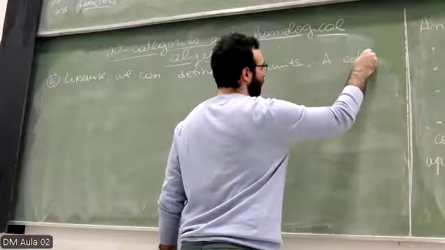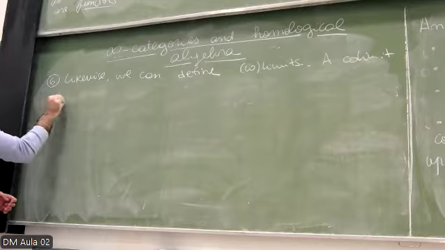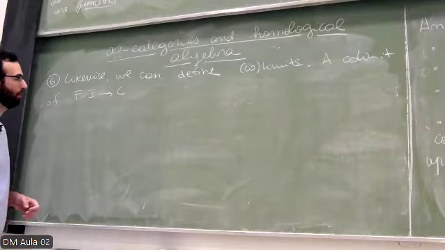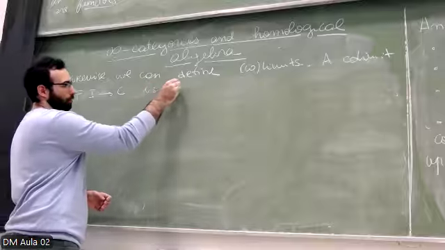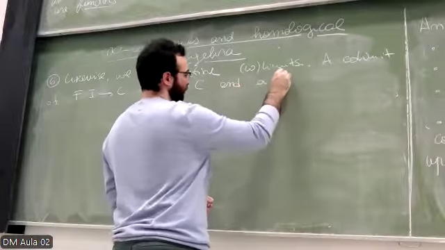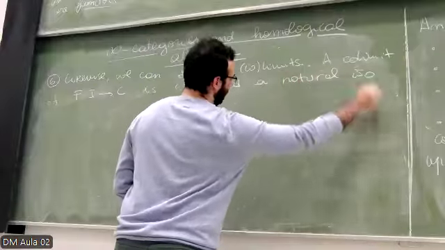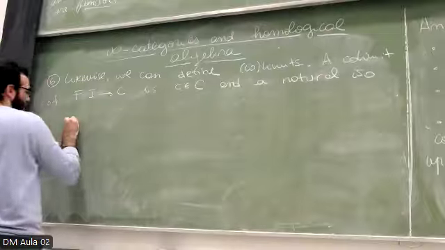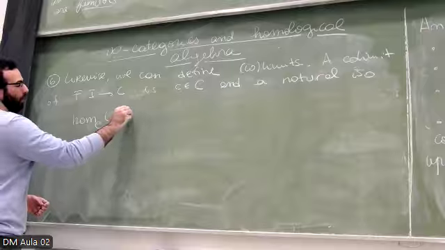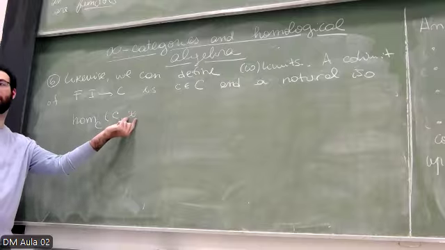So a co-limit of a certain functor from I to C is C and the natural isomorphism from Hom(C, X), where C is fixed and X is the variable,